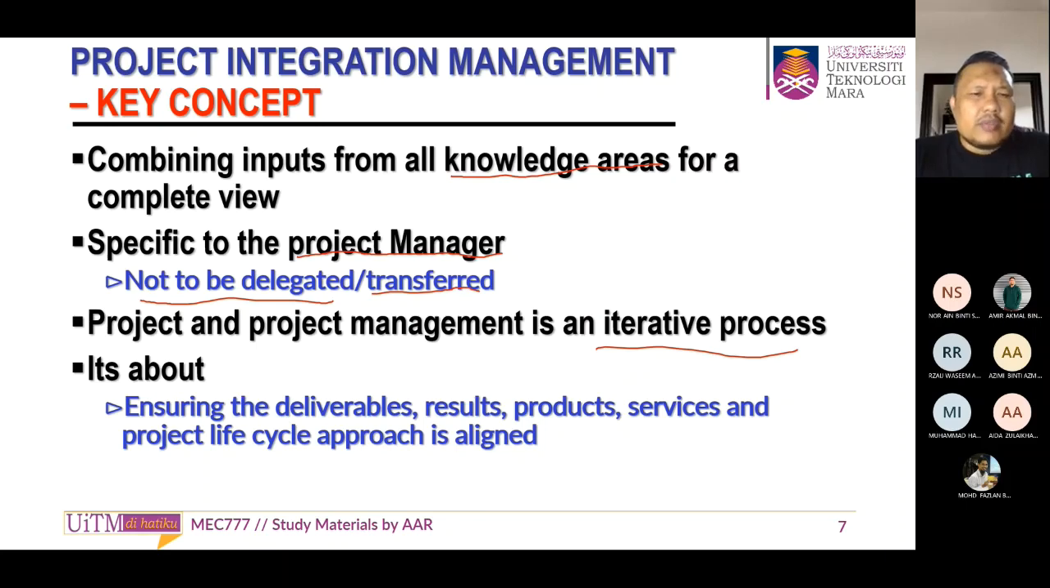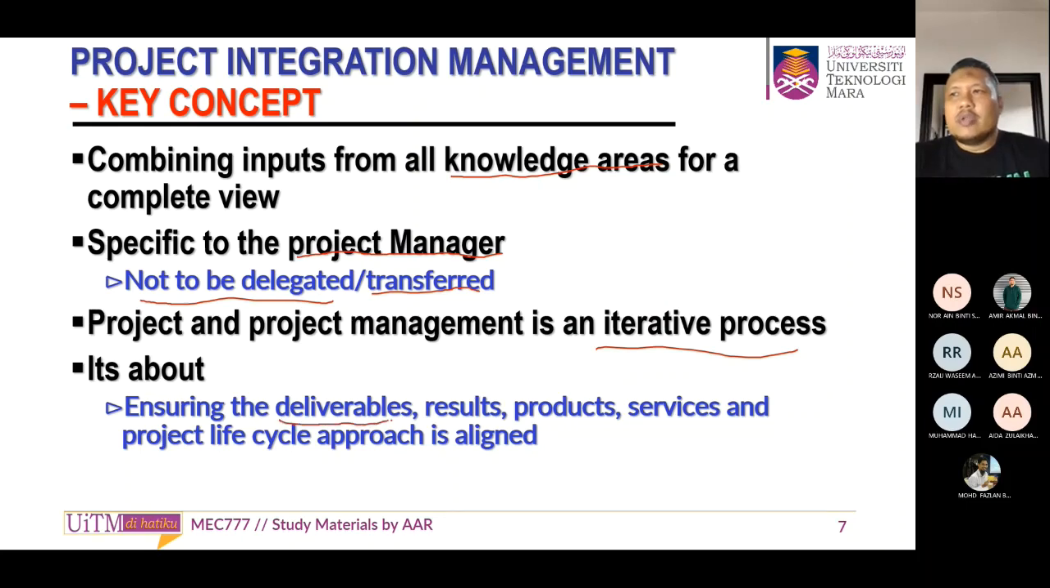The objective of integration is to ensure the deliverables. So anything that we want to deliver later on to our client, to our sponsor, to our stakeholders, we call it